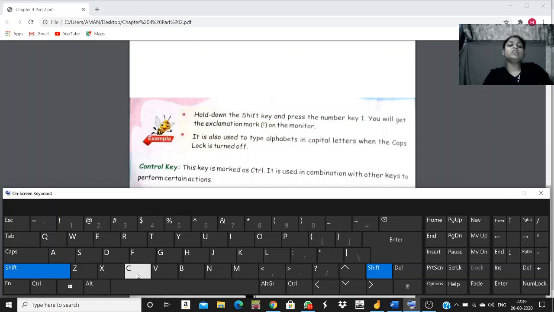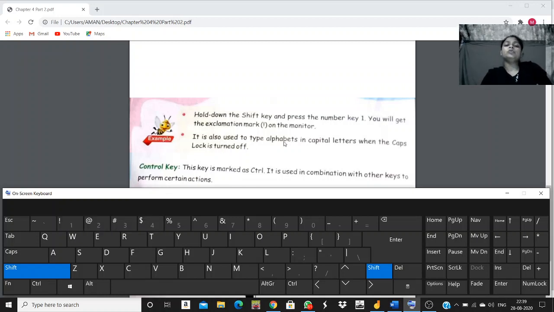Now what you can do with shift key? When you press the shift key, you have to press any other key also with that. Can you see this one? There is an exclamation mark on the top. So it is clearly written here that hold down the shift key and press the number key 1. So when you will press the number key 1, what will come when you type? It will not come 1, it will come exclamation mark. So you will get the exclamation mark on the monitor screen if you are typing. I will type and show you also. Just give me a second. Let us finish this part.